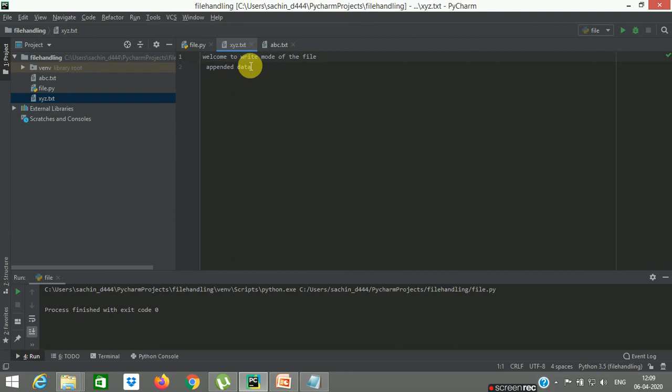Here you can see that "welcome to the write mode of the file" was the previous content, and next is the other content which is added, called "appended data", because the file operation was in append mode, and because of that it appended the data without overwriting the previous contents. So this is append, and the same function of the object, file handler dot write, which we have successfully used.